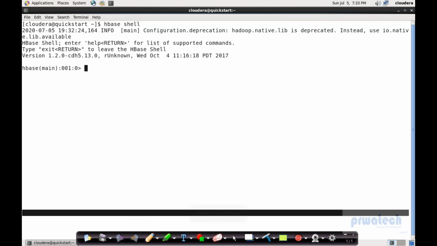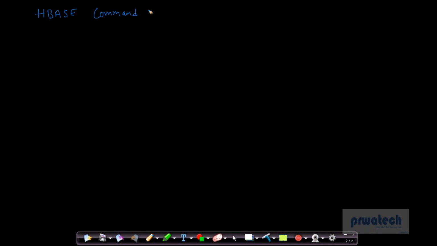So we have a set of arguments here in HBase. We'll write that first: HBase commands. What we have seen graphically, we'll try to implement here in this command. So the first HBase command is